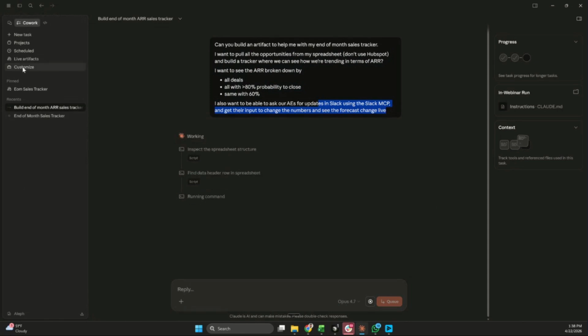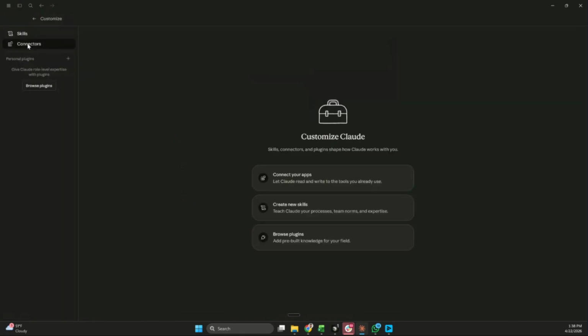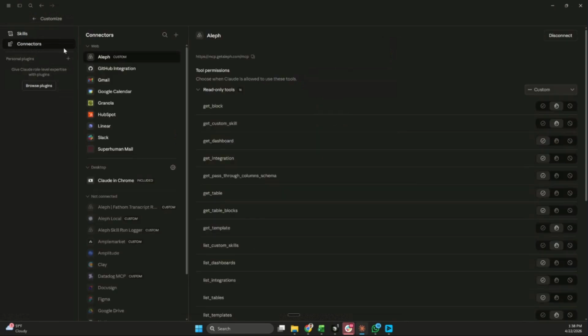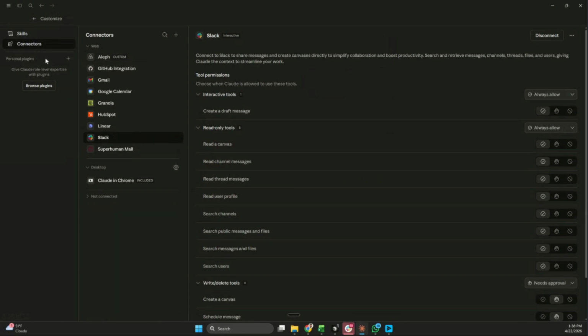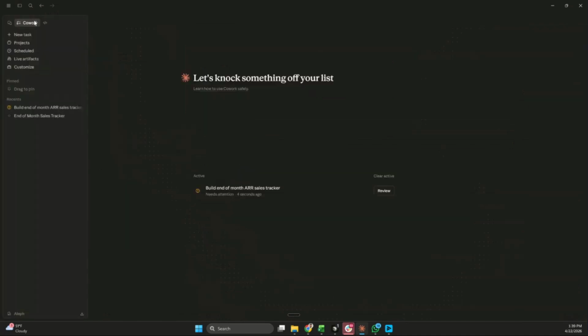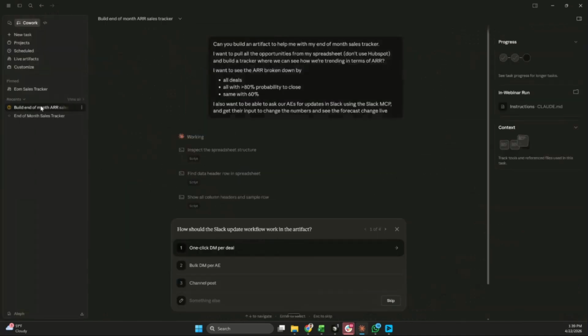The way that I actually set that up is what John covered early on. I connected my connector to Slack, and I actually connected it to a dummy Slack workspace that we have for doing demos. You can see I gave it a lot of YOLO mode to read a lot of things and create messages. And it's asking me a few questions.